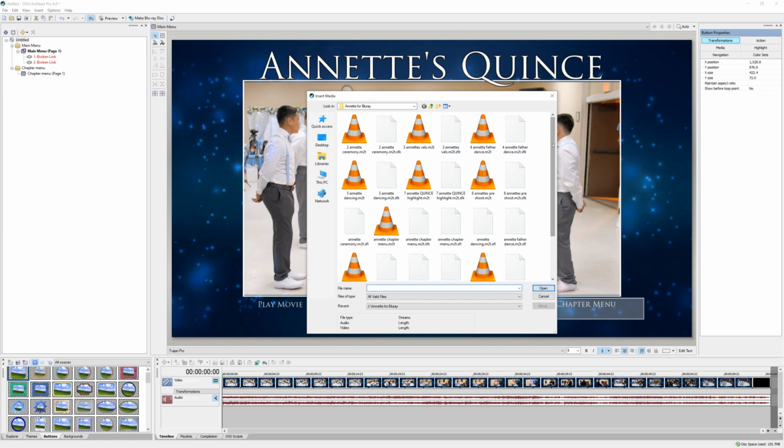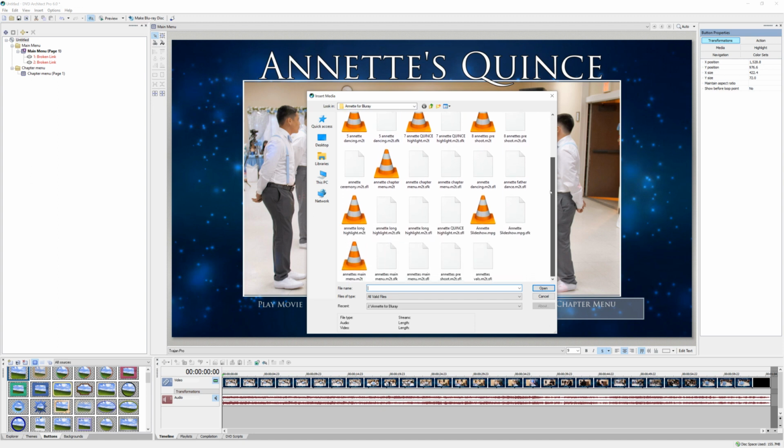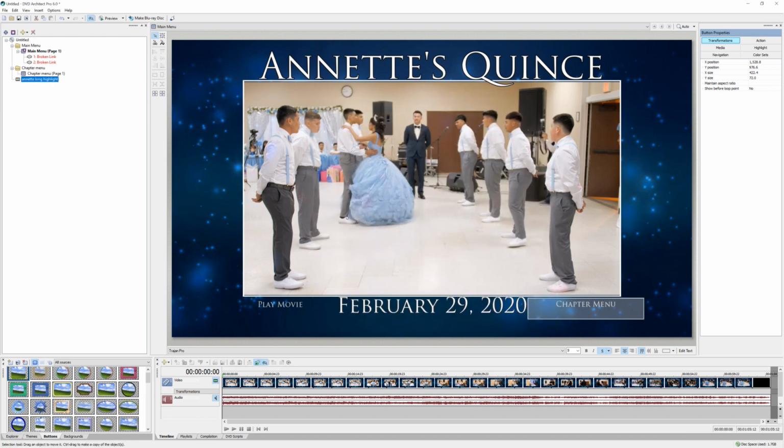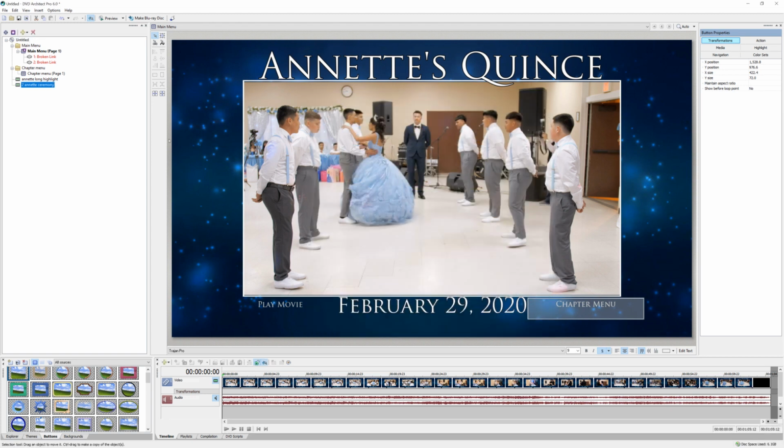I'm going to go ahead and insert the extended highlight that I make, which is right here, the long highlight. Okay, you can see it's right there. I'm going to go ahead and do another one, insert another media. I'm going to insert the full ceremony, and there it is. So now what I'm going to do is I'm going to link play movie to the